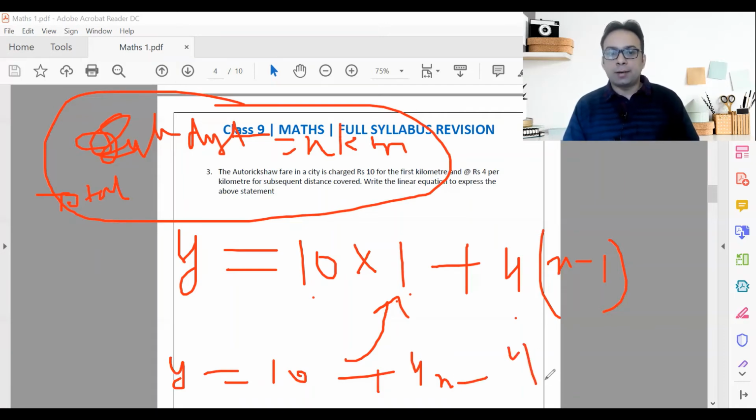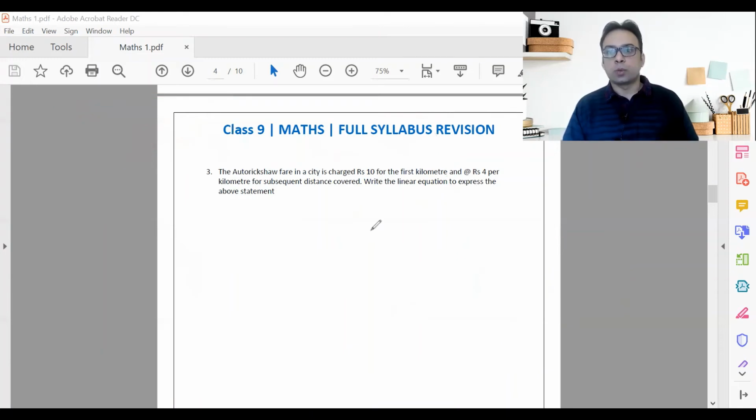Arrange it on the left and right hand side, you will get the general equation, which is in the form of ax plus by plus c equals to 0. So you can keep 4x here, you can bring y to the RHS, and that's it. On the LHS, you will be left with 0. You will get the general equation, linear equation for this. I'm assuming this is crystal clear. Next question on this.